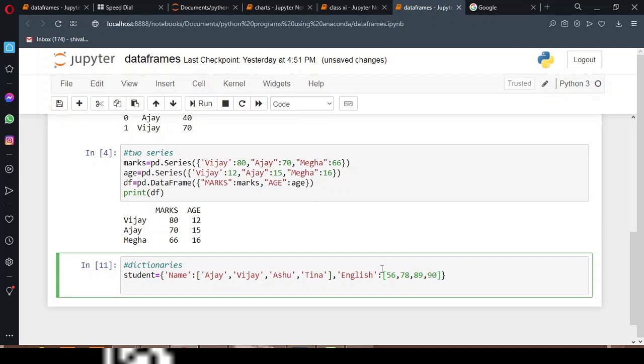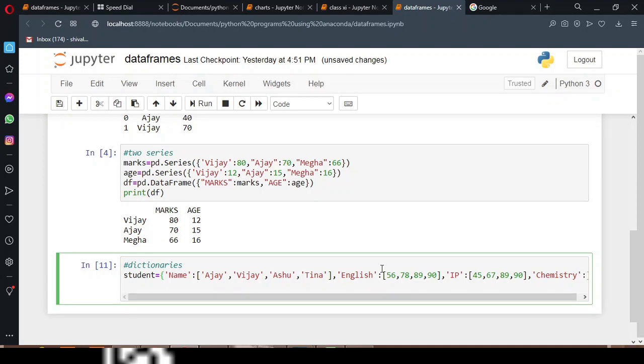So this is the marks of English, and now the third key maybe IP, and the marks maybe these random numbers I've taken, and maybe one more subject I'll take, Chemistry, and the marks 2, 3, and 4. 4 students, 4 marks.